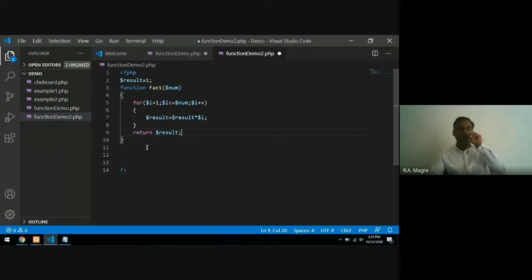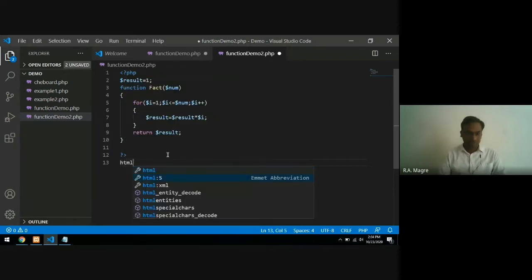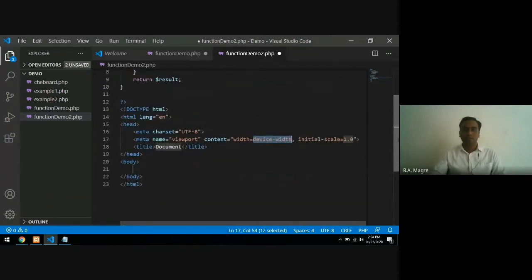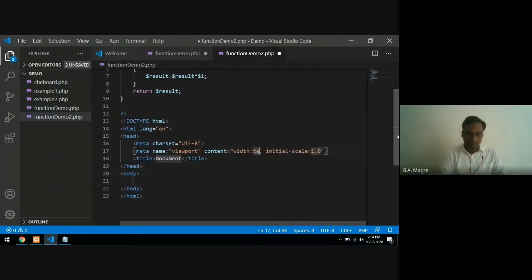Okay. Now we have prepared one function here, which will calculate the factorial for us. Now this function I want to use in my PHP page. So this is our HTML, and suppose here I have designed a table.